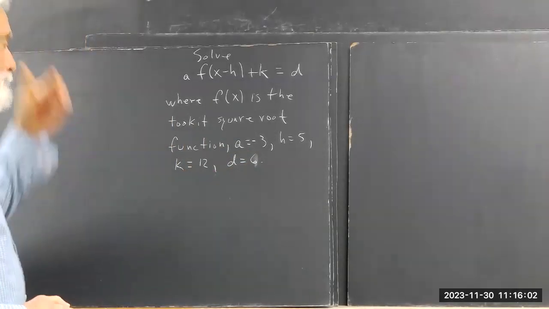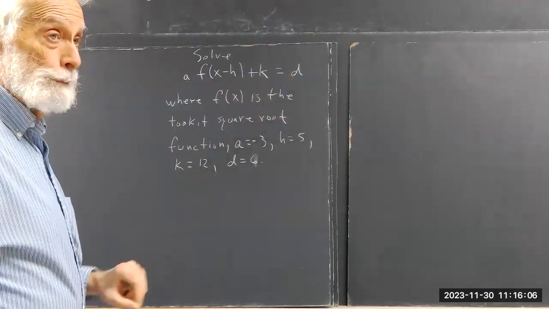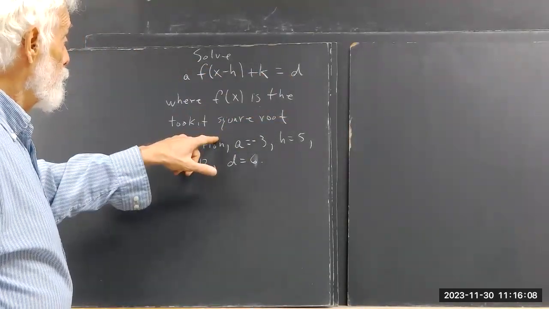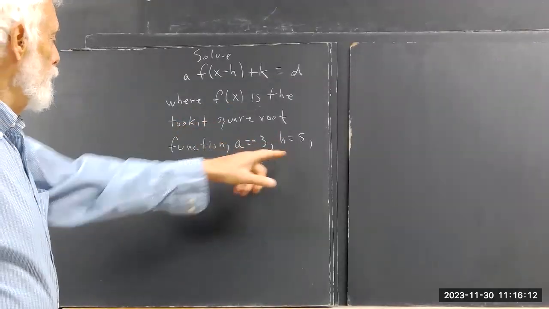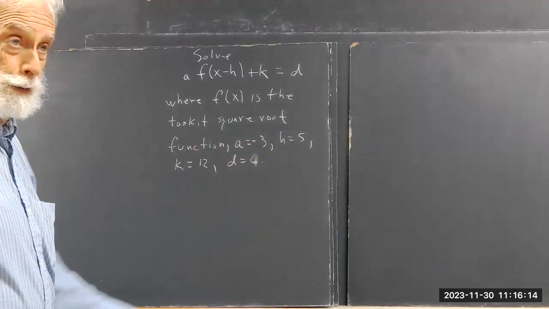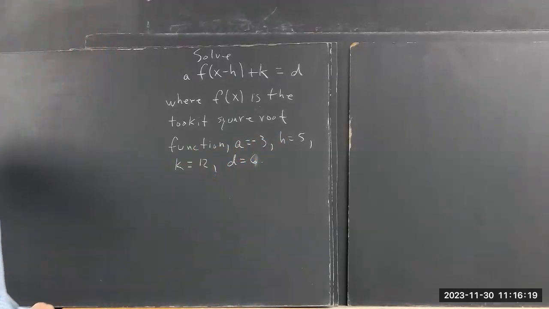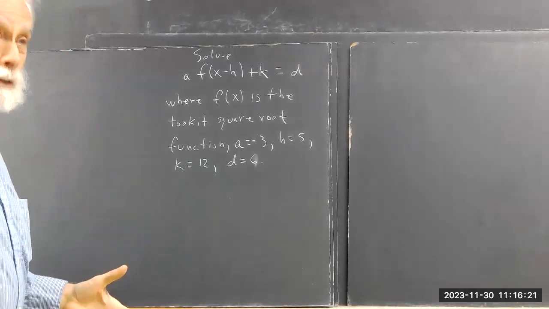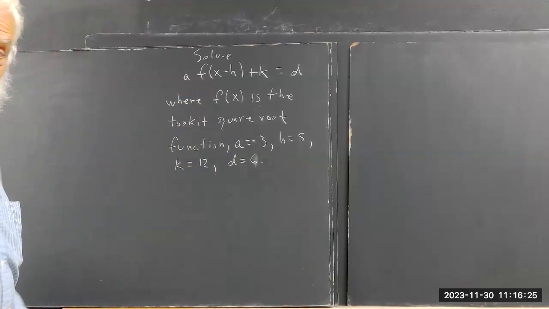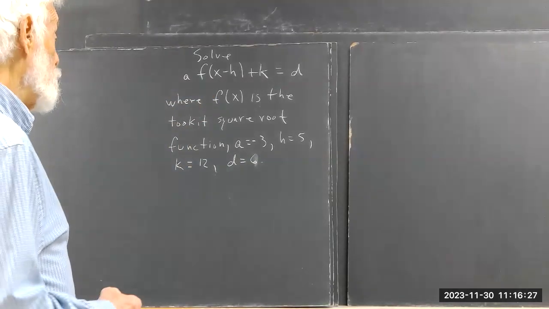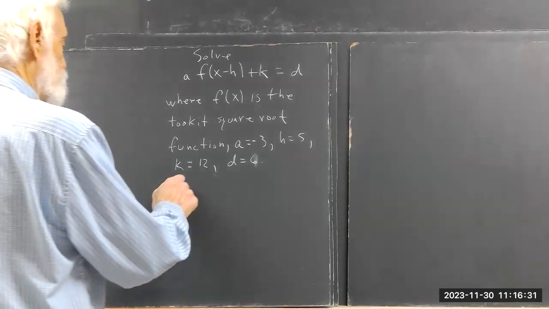Okay. So we want to solve this equation where f of x is the toolkit square root function, and a, h, k, and d have these values that I don't need to read to you because you can see them. You prove that by writing them down correctly. They're even clearer, I think, on video. Well, so what is our equation? Well, first of all,